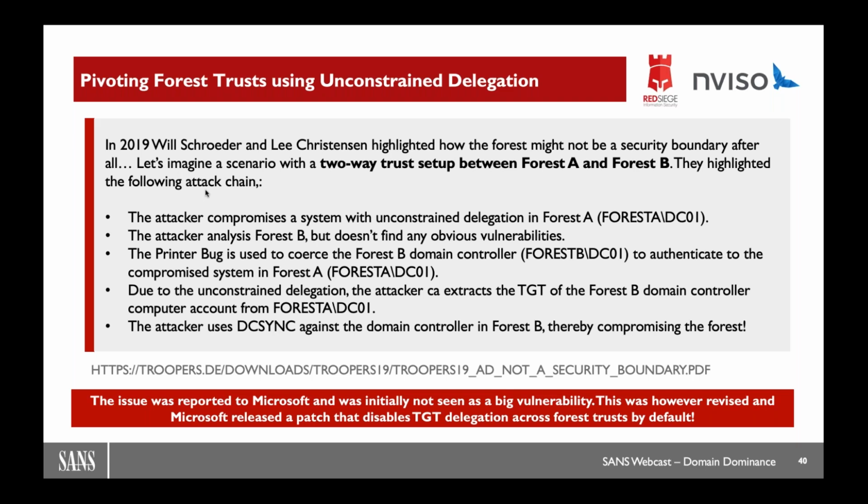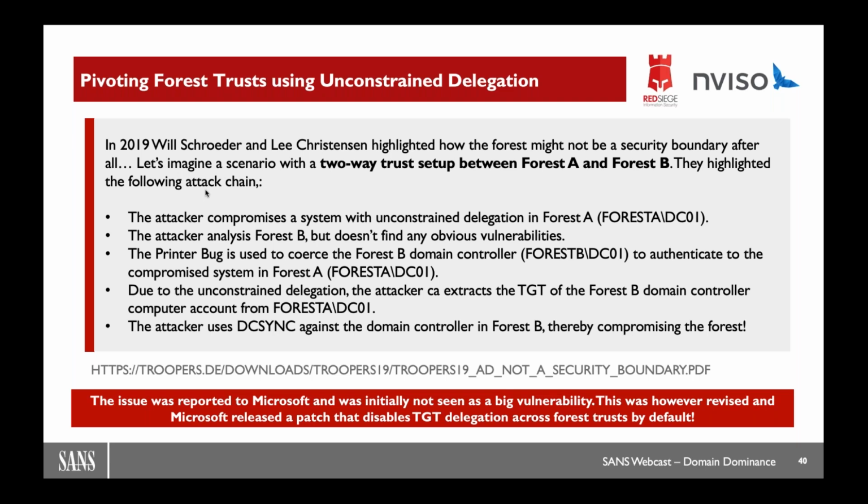Remember, the domain controllers are configured with unconstrained delegation by default. That's how they work. So the attacker can extract the TGT of the forest B domain controller, which gives them DCSync privileges against the domain controller in forest B. So they just compromised the second forest.